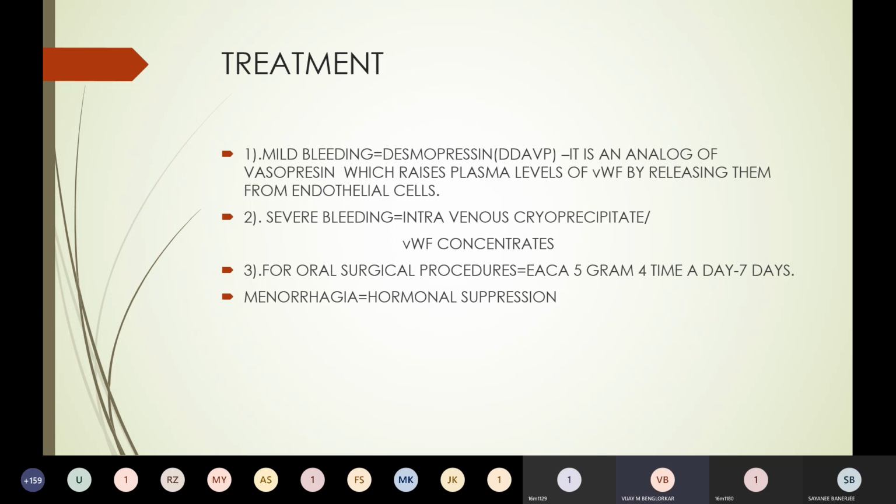So this is VWF, von Willebrand disease, where you get bleeding other than joint. Okay, oral bleeding, epistaxis, or gum bleeding, or gastrointestinal bleeding from rectum, or menorrhagia. Suspect VWF disease. Coming to the last topic,